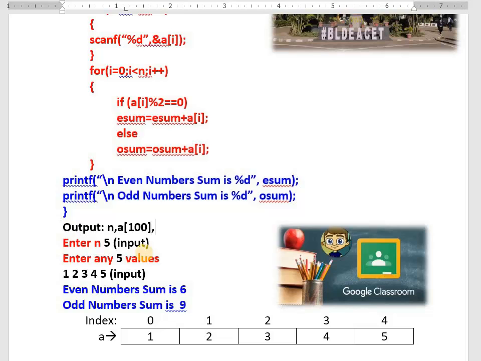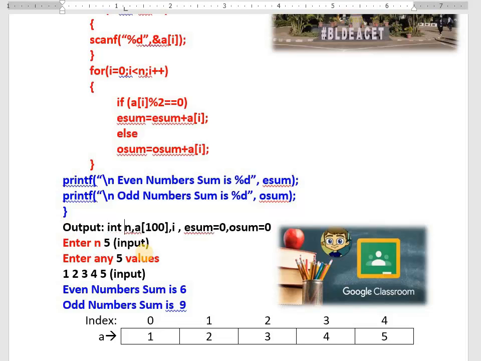Since you are working with an array, we need the variable i to generate index values 0, 1, 2, 3, 4. Then we need one variable to store the even sum and one more to store the odd sum.